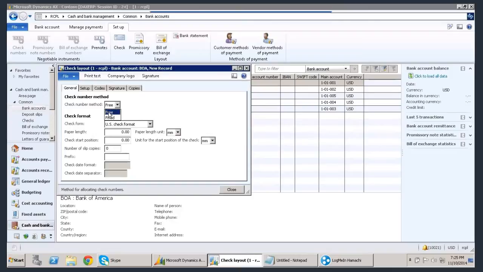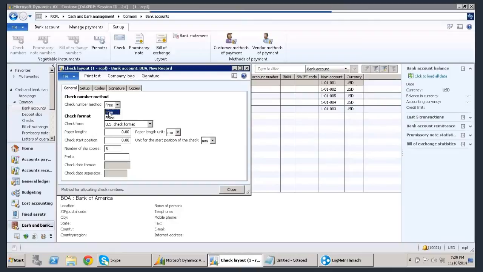On this check paper, if you select the free option, you can configure even the pre-printed details. By taking approval from the bank, you are going to print those details on a blank check paper and process your checks. That is the advantage of a free check when it comes to your configuration.